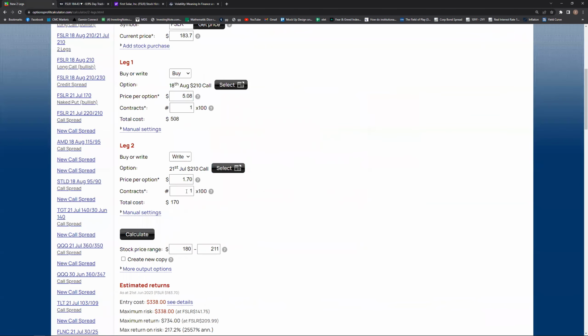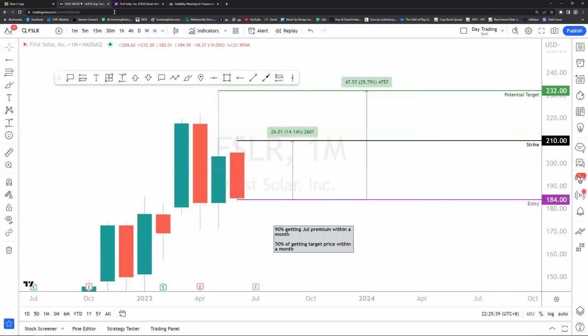Because the percentage of hitting this July strike is only 10%, there's no reason to do a ratio. We can just do a 1-to-1, and then we can cut down the call price significantly. Okay, so now